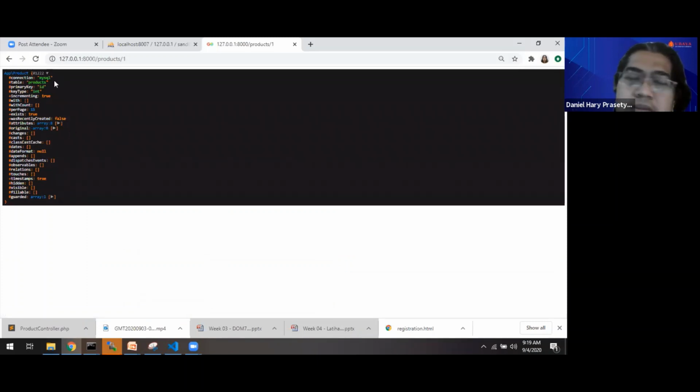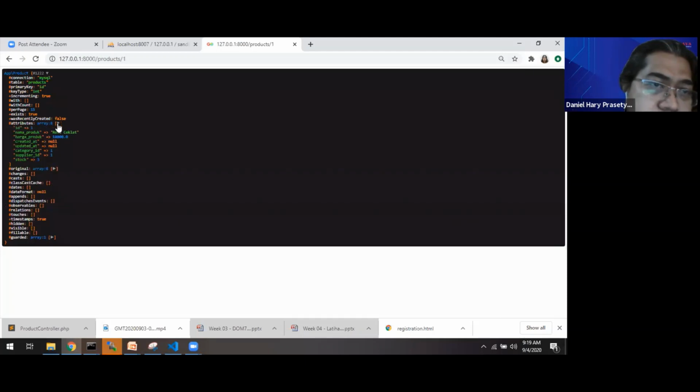This is created by the dd function. We can get the values here. There is connection MySQL, table products, the primary key is ID. And the attributes: ID, nama produk, harga produk, category ID, supplier ID, and stock. We can use the dd function for looking up the structure of an object.